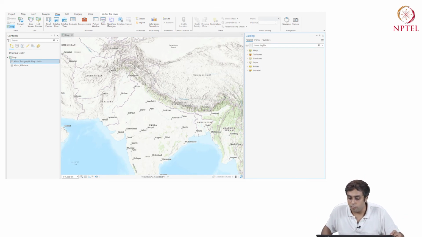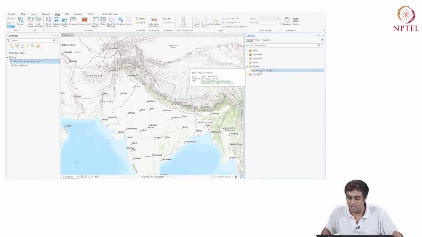Okay, so what happens here? Under Catalog, the interest that we have mostly is in folders. Under folders, I see one folder which is already included, called SSSE ArcGIS project.